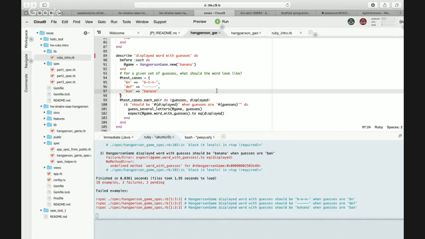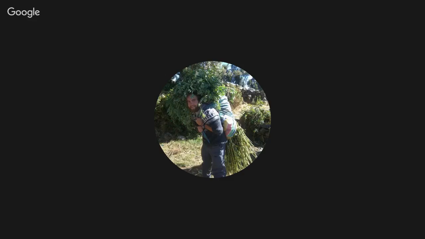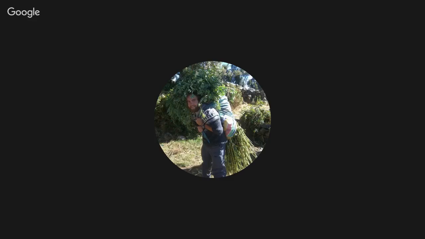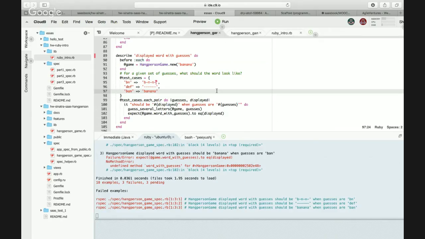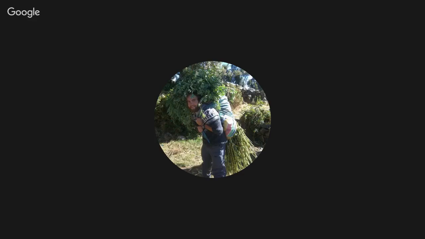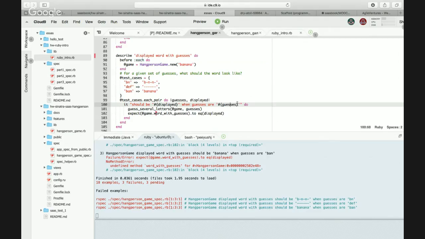So they're gonna guess b and they're gonna guess n, and after they do this, they expect to be returned b dash n dash n dash, because the word is banana, right? So it's just saying they expect it to fill in the guesses. It's just the interpolation that is happening, right? Yeah, basically. But interpolation doesn't happen in single quotes. That's what confused me.